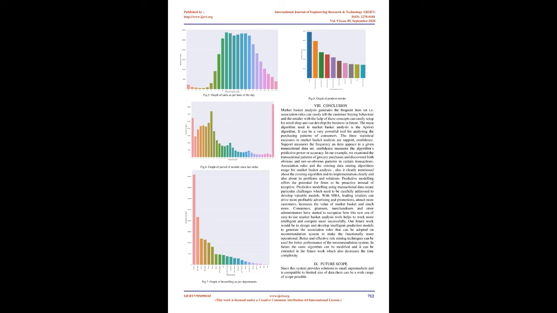We can also use another way, which is called the two-step approach, to find the efficient association rules. The two-step approach is